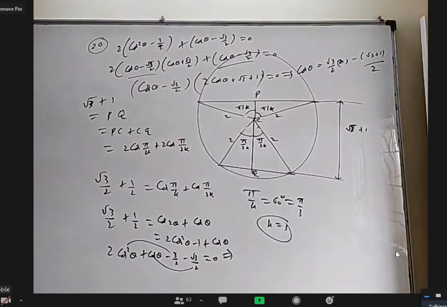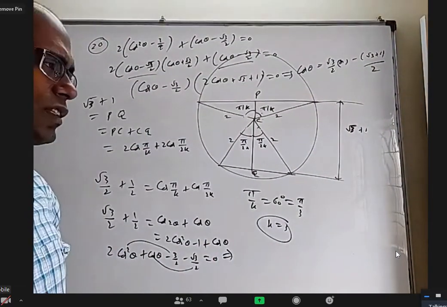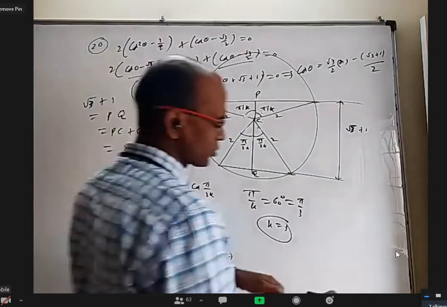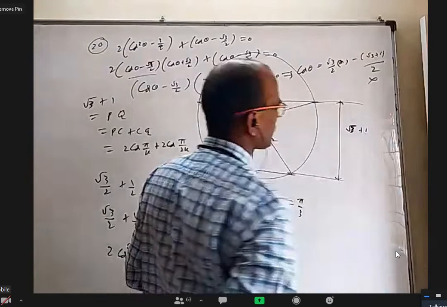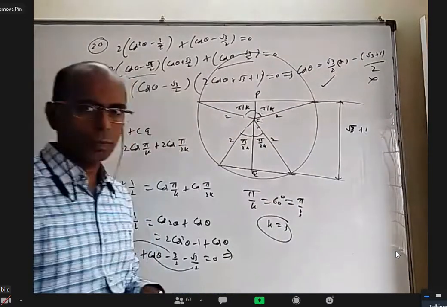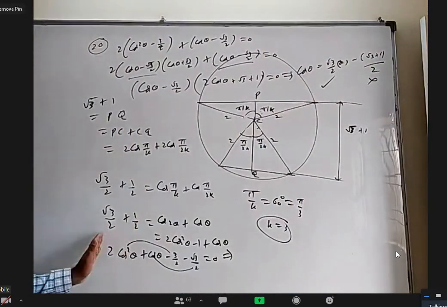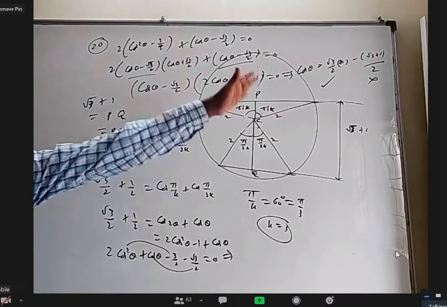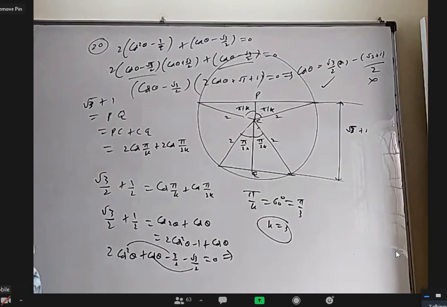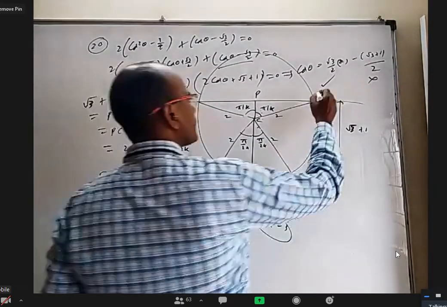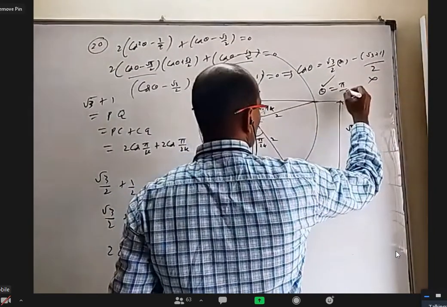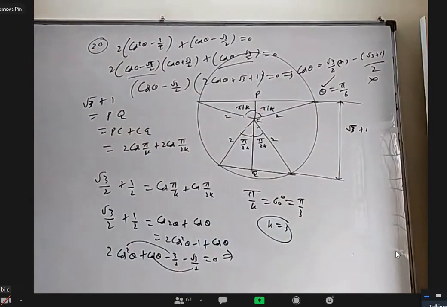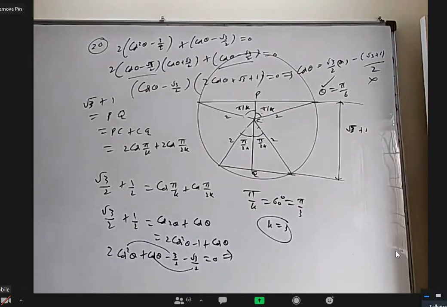Root 3 plus 1 by 2, is it okay? 2.732 by 2 is more than 1, not okay. This is outside the range, it is less than minus 1. Only this is okay. So apart from guessing, because we know the known values root 3 by 2 and 1 by 2, cos 30 and cos 60, you can also solve and get properly that theta must be 30 degrees. So if pi by 2k is theta.